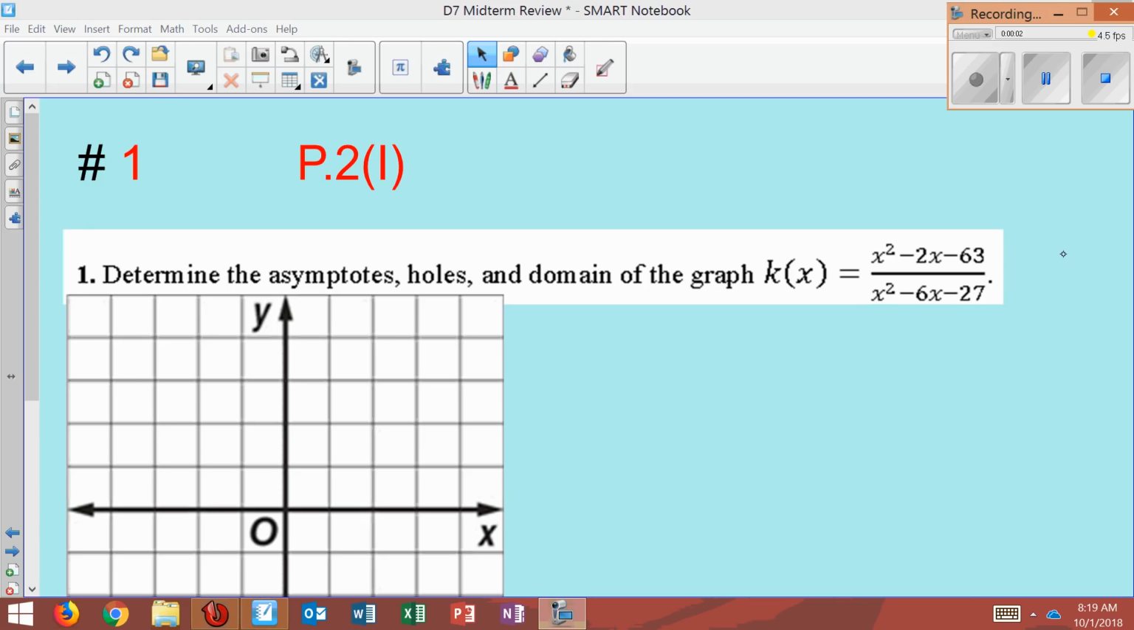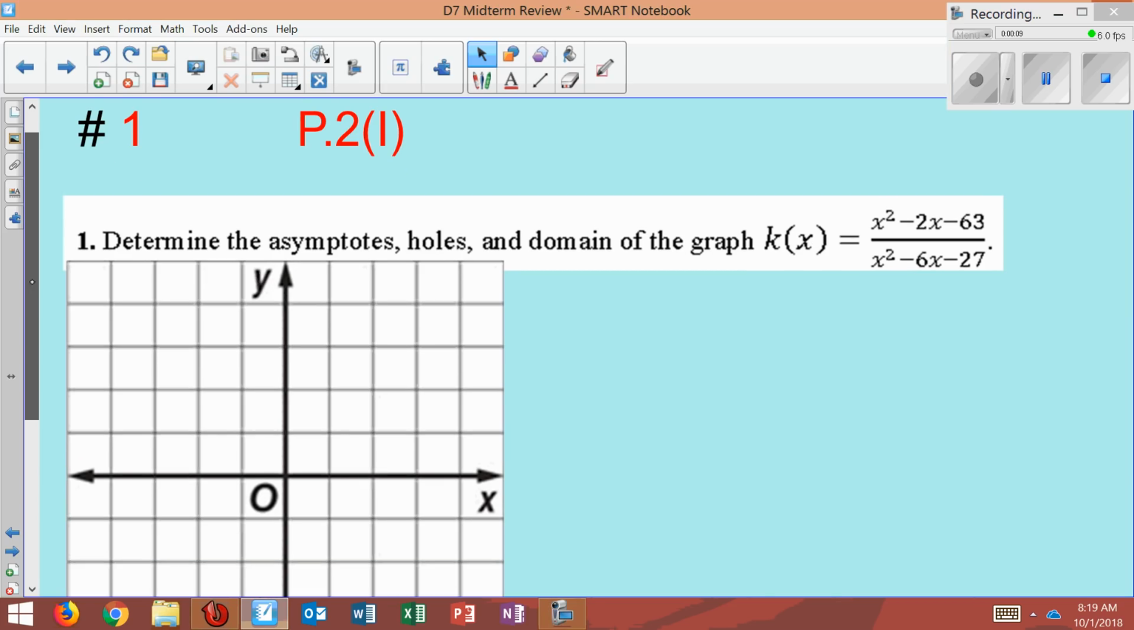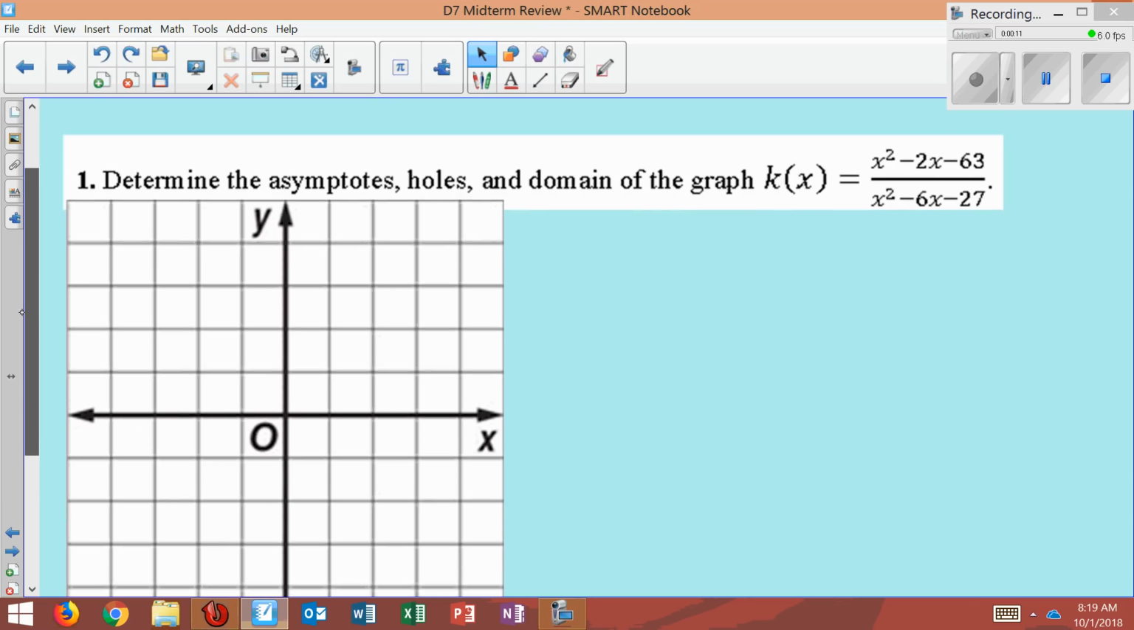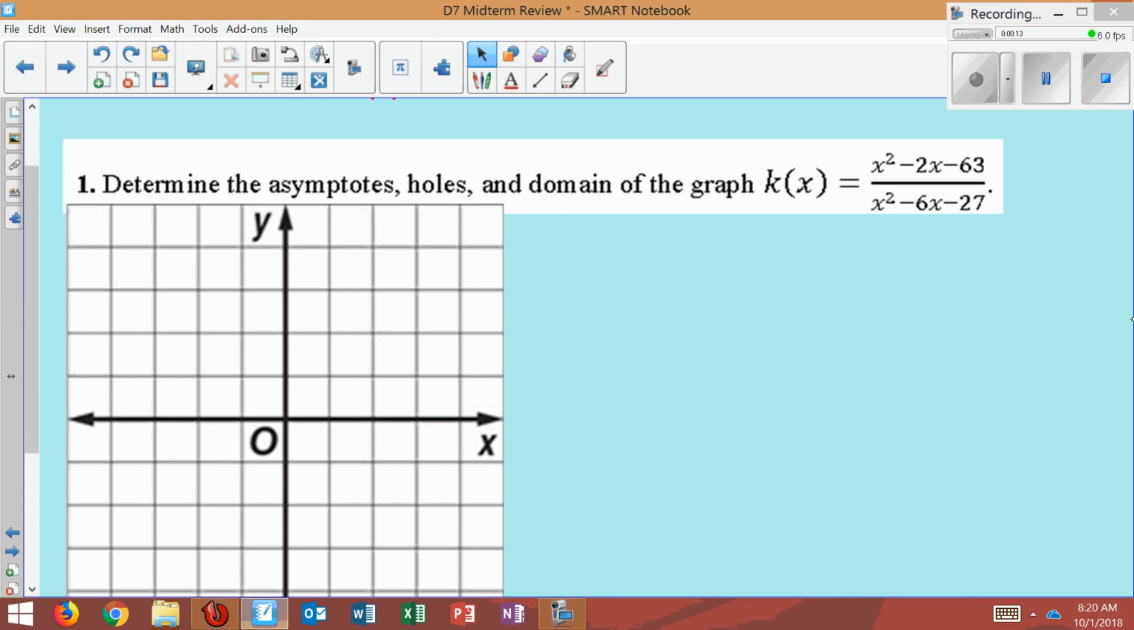Number one, determine the asymptotes, holes, and domain of the graph for k of x. Now, obviously, we can go straight to the calculator, and for some, that's going to be the easiest way. For others, I'm going to go over the algebra part first, because the algebra, if you know it, you'll never get it wrong. So the first, if we wanted to do asymptotes, the horizontal asymptote, if you remember, is determined